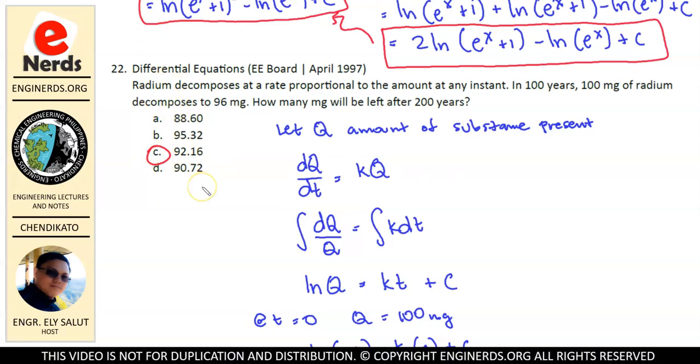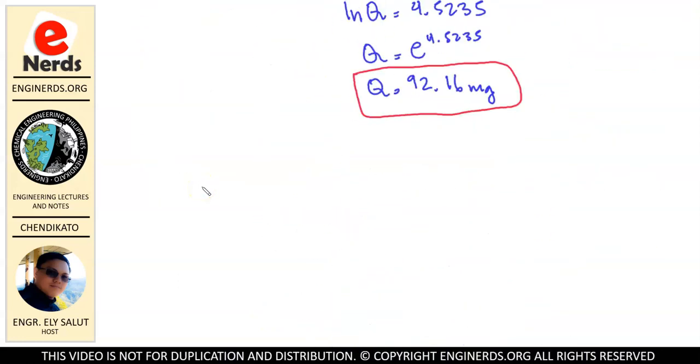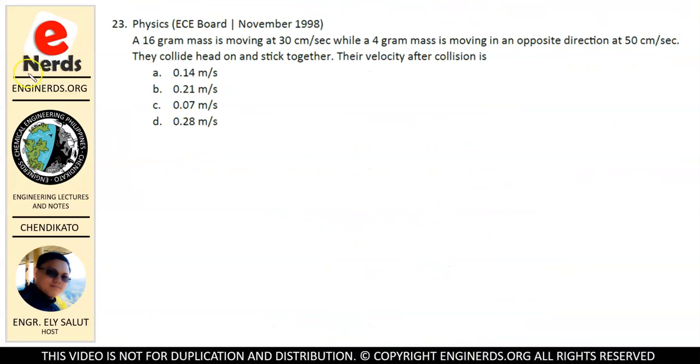Okay, so let's go to problem number 23. Alright, so this time we have a physics problem that came out in the ECE board exam in November 1998. A 16-gram mass is moving at 30 cm per second, while a 4-gram mass is moving in the opposite direction at 50 cm per second. They collide head-on and stick together. Their velocity after collision is,